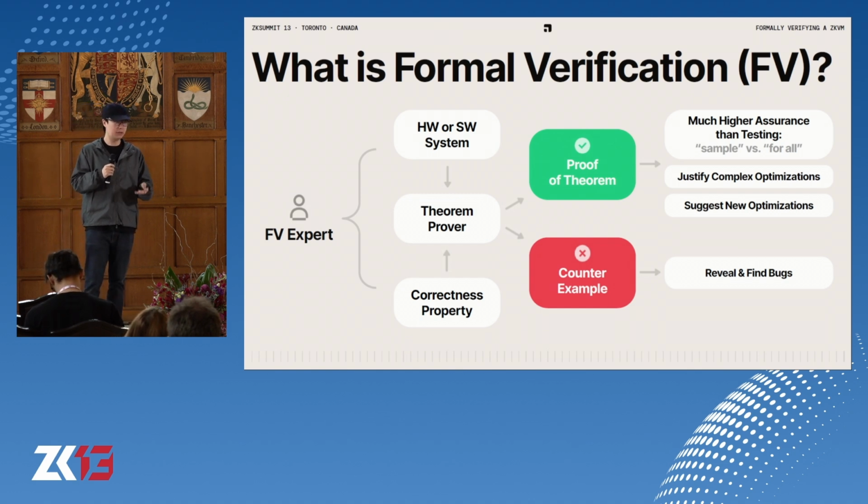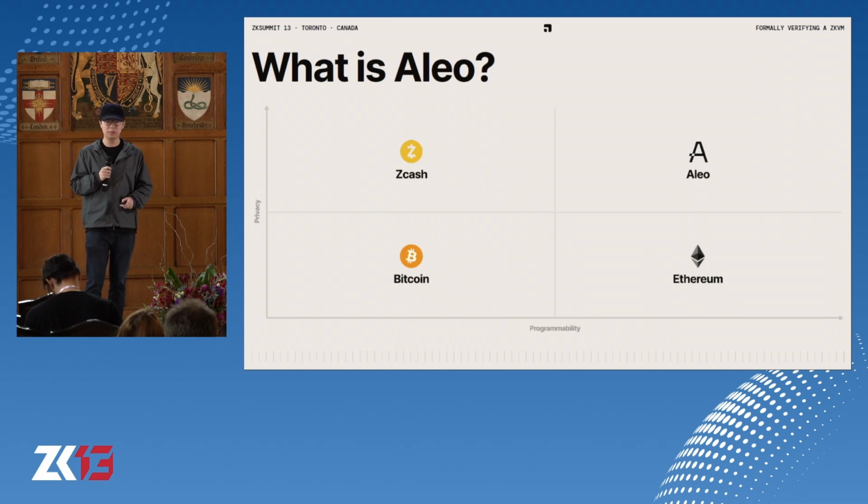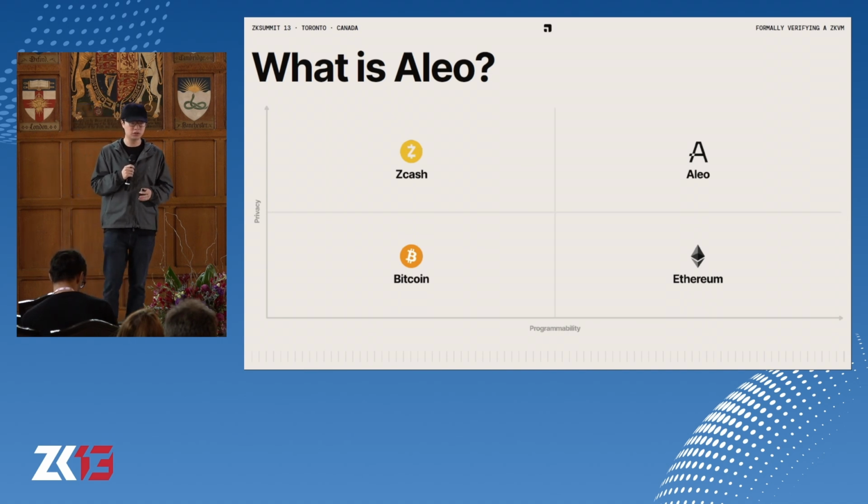Now, myself and Alessandro and many of our team members who are here today, we all work on a blockchain called Aleo. And some of you have heard of it, some of you haven't. I thought it'd be useful to talk about formal verification in the context of a blockchain like Aleo. Why? Because Aleo is a zkVM, and just to help paint the picture for you, I often like to use this graph of programmability and privacy,